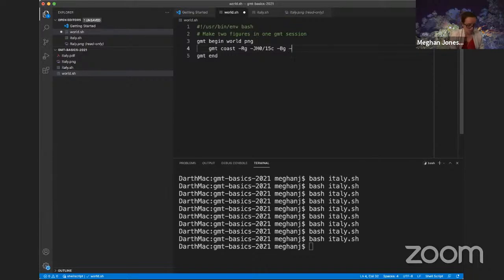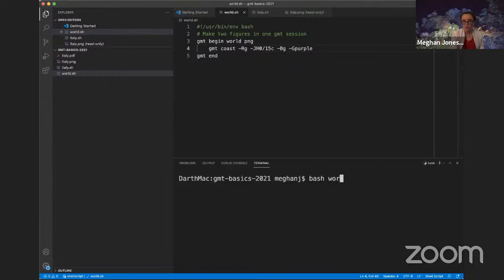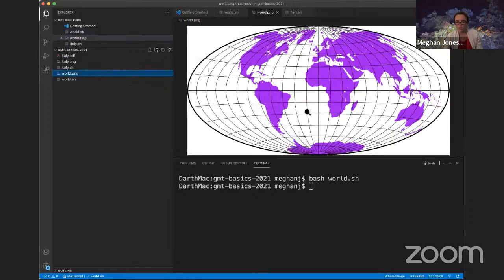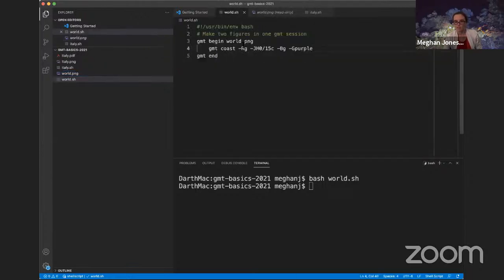And lastly, we'll want to color the land, and we can color the land purple here. So this will create a world PNG file using this coast command where we have a global map with a hammer projection, basic frame with grid lines, and purple land. I'll run this. Now we have a new file here, and you can see it is beautiful, but we want another one too in the same session because it's going to have